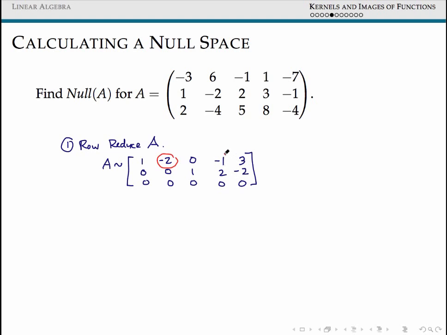So these are the three variables that this is going to correspond to. So for our kernel inside of this space, we can pick any three parameters that I want. So I'm going to call them maybe t1, t2, and t3 for each of my free variables. And for my basic variables, we're going to call this maybe x1 and x3. We know that x1 can be written as